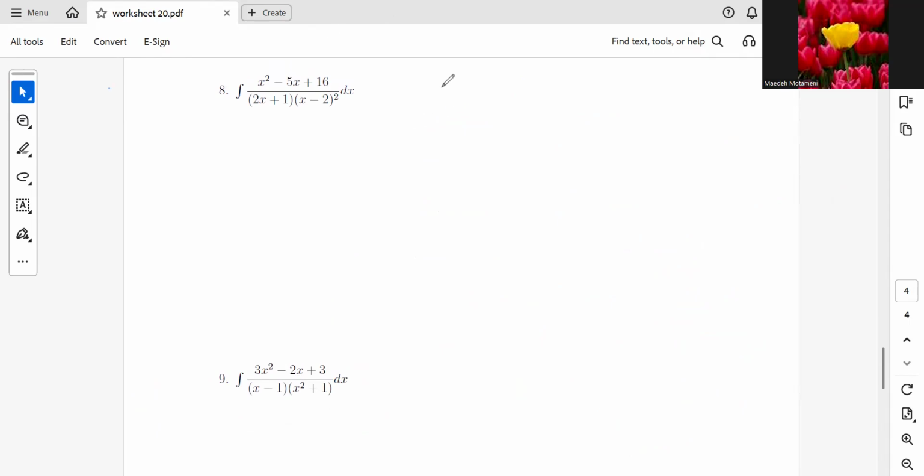So you can keep the way it is written because we know that inside the parentheses, they are already reduced. So x squared minus 5x plus 16 over, no need to write that because they will not be reduced. Okay, so x squared minus 5x plus 16 over 2x plus 1 times x minus 2 squared, we will have